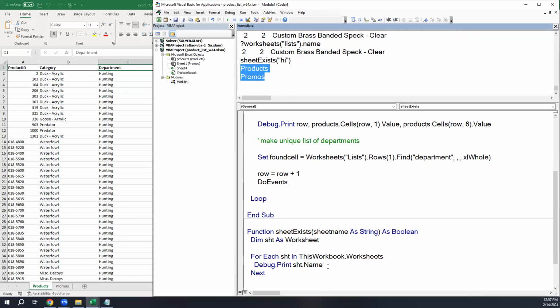At this point it has just printed the names. But what I want to do is say if that sheet name is equal to, and I want to do a case insensitive comparison. I don't care what the case of the sheet name is, or what case they pass us in. There's a couple ways to do it. The way we can do it with what we know already is to look at the lowercase version of each one. If the lowercase version of the sheet name is equal to the lowercase version of whatever got passed in,